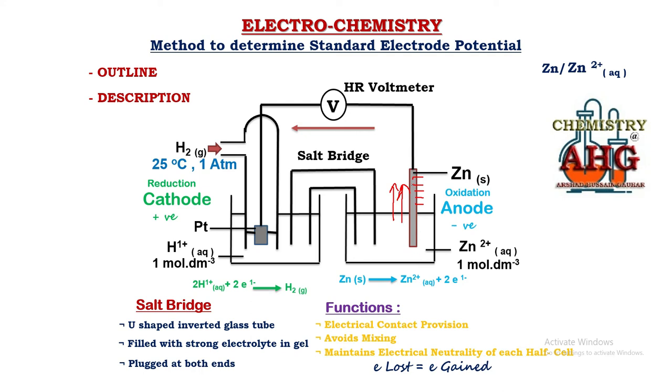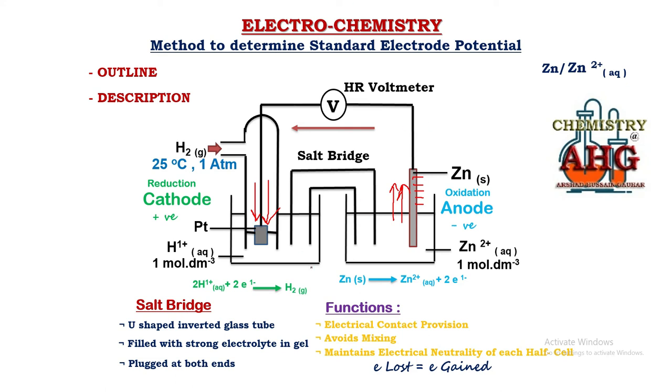These electrons go out of the zinc half cell and start entering the cathode hydrogen half cell. Now what is happening? Zinc is losing electrons, hydrogen is gaining electrons. If this process keeps on taking place, within seconds, what can happen? The zinc half cell can become electron deficient, and the hydrogen half cell can become electron rich, and the cell can expire within seconds.